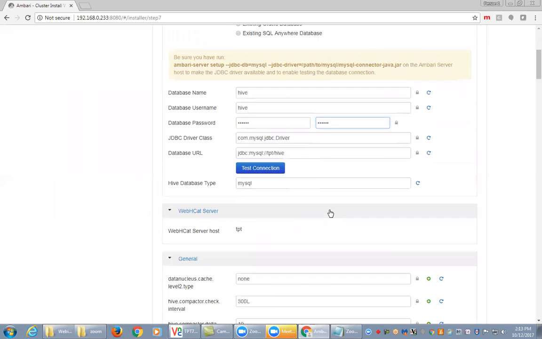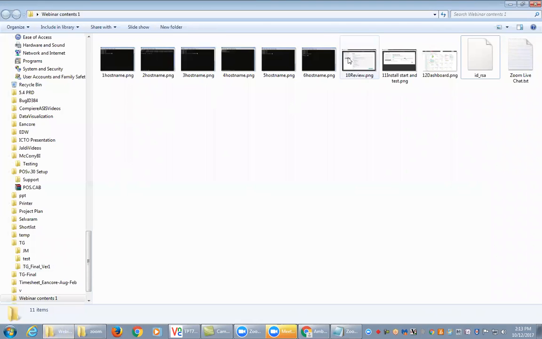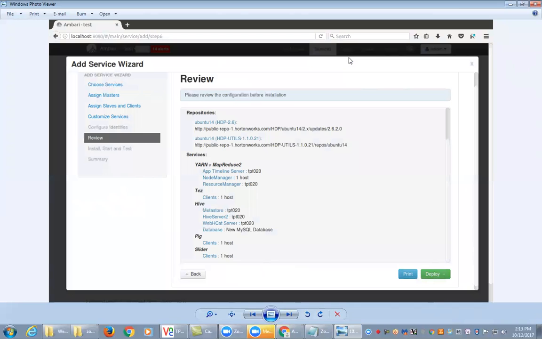It's taking some time. Once that step is done, this is how it shows you. Here you can see the services that you have selected, and after the customization, it will take you to this place. Here you can have a print of the services, what all you have selected, or else you can just directly go to deploy the services. Once you deploy the services,